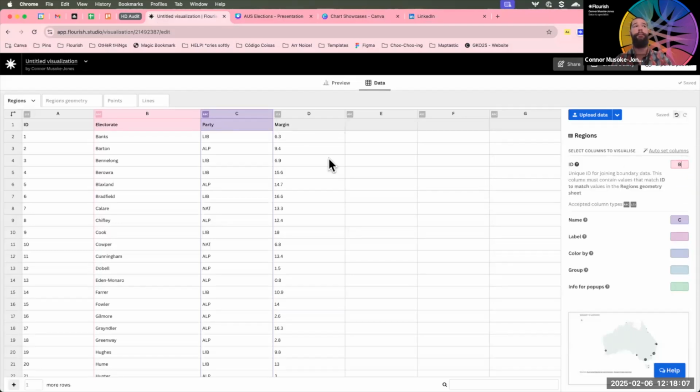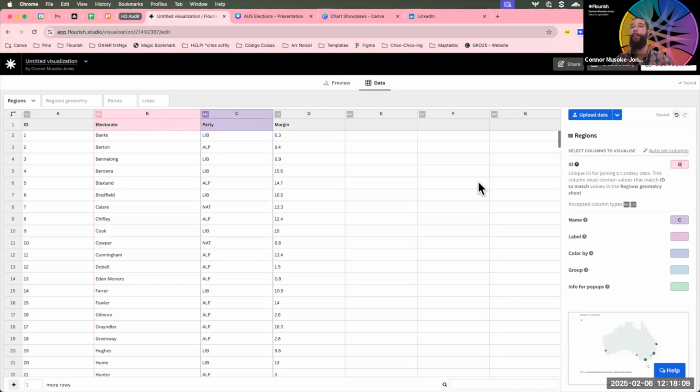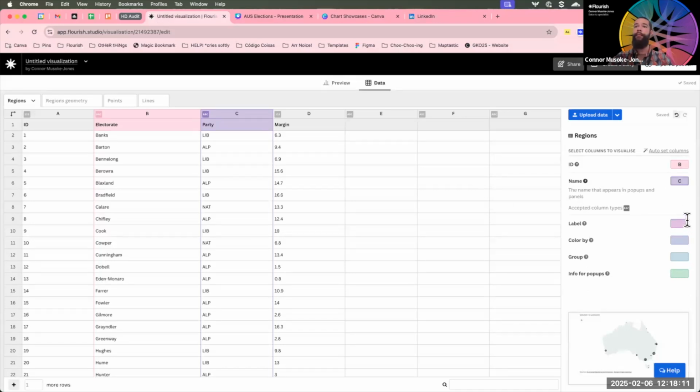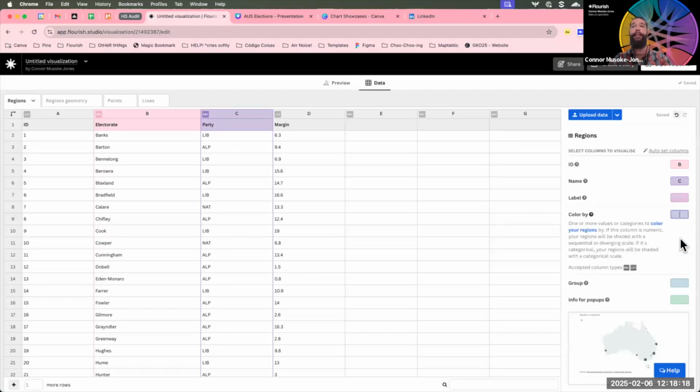I want to make sure that my electorate names are my IDs. And I'm going to keep the party name as a name here, and possibly I could use it as a label, but for now I'm going to leave it. And then I'm going to color by the party as well. So we can see down in the preview, I have a functional map that is coloring by the correct things,